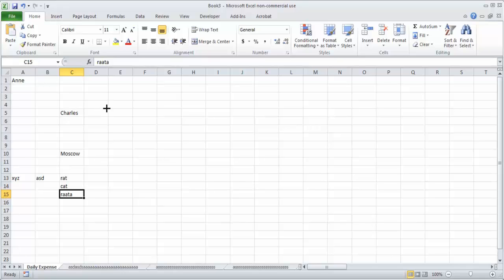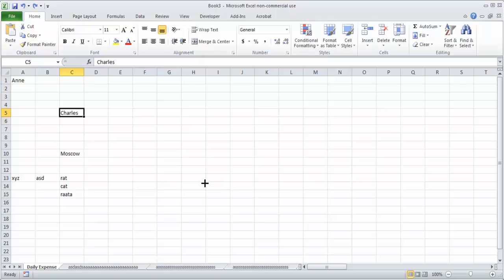Now suppose I have entered over here Charles, but I did not want to enter Charles. I wanted to enter Charlie. By mistake I entered Charles. To correct it, I can go over here, select the cell, and write Charlie. This is one way, using the mouse. Another way is you go to this cell and press the F2 button.